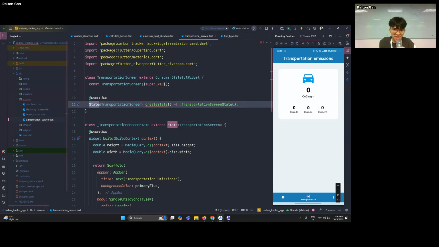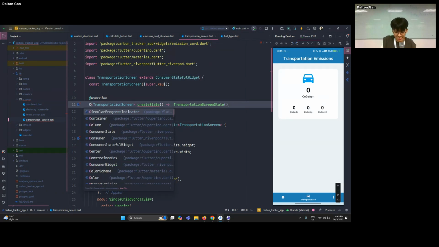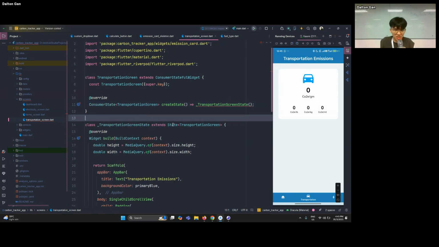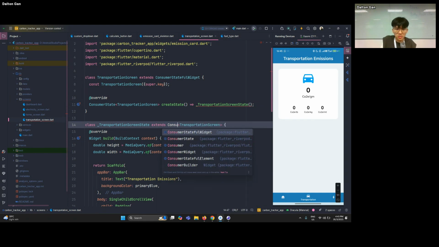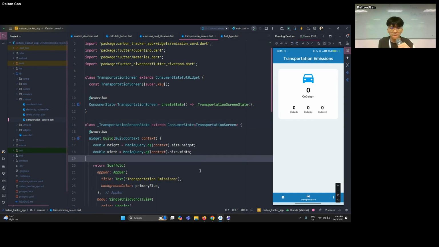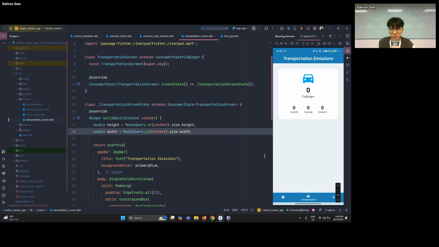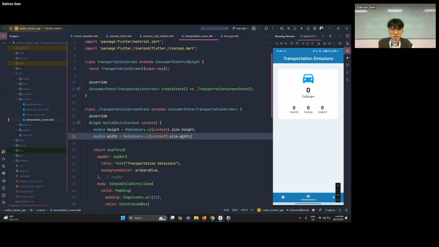And for all the states, you need to change it to consumer state as well. Consumer state, and then this one as well. Consumer state. Yeah, so after you've changed the consumer state and also changed to consumer stateful widget, you can go down over here to the media query over here, and we're gonna declare a few things. So the first thing we're gonna declare,